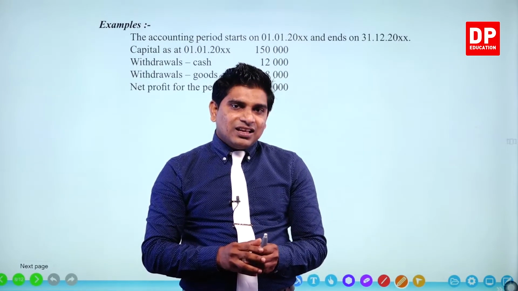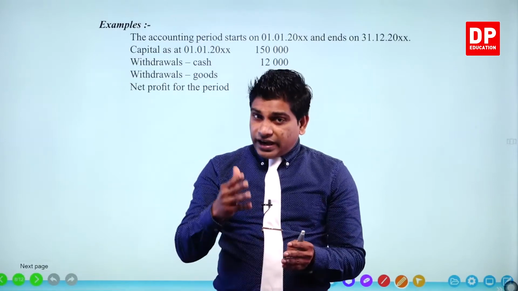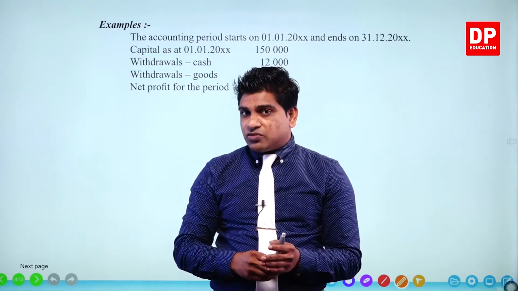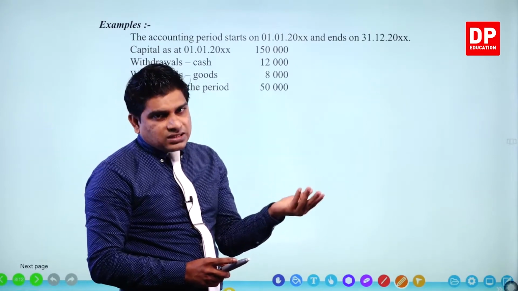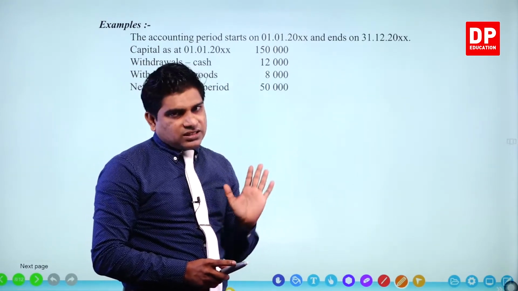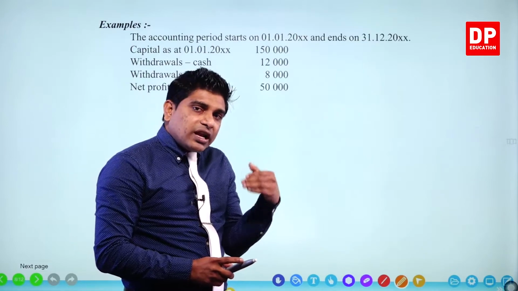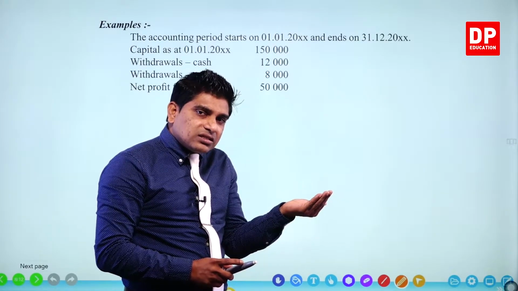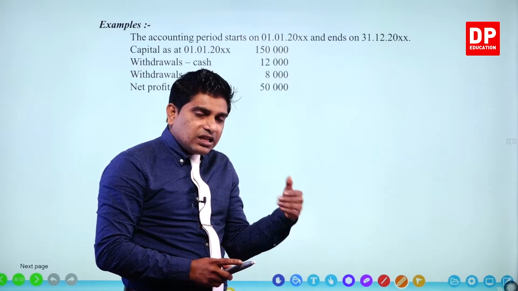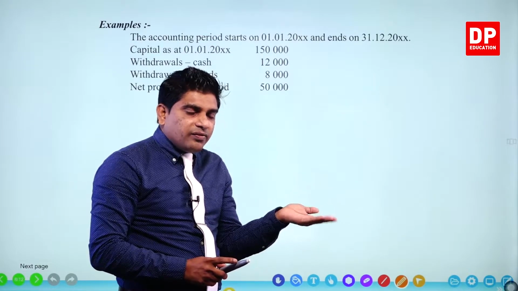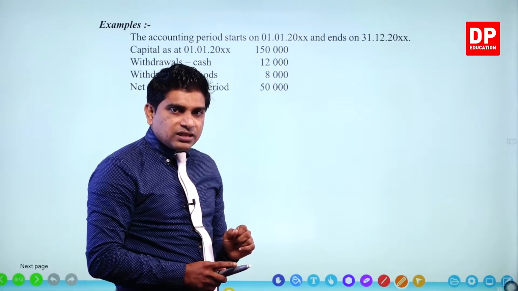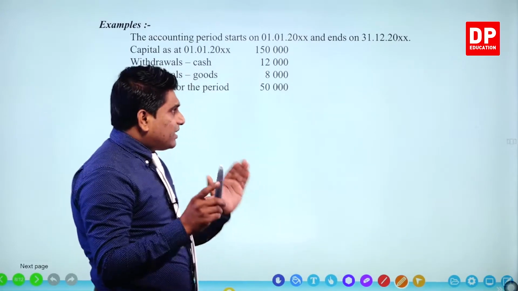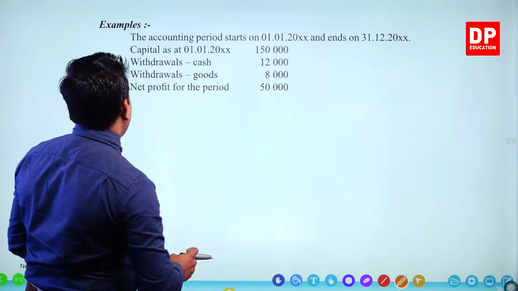Right? I think it's better if you can write down these important points. When the business earns income, equity increases. Paying expenses, equity decreases. When the business owner reinvests money, equity increases. Not only money, any other things, any resources, right? When the business owner does drawings or withdrawals, equity decreases, right? Using that theory, you can solve this question, right?